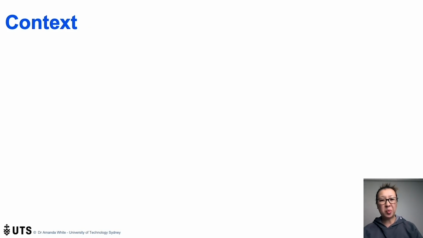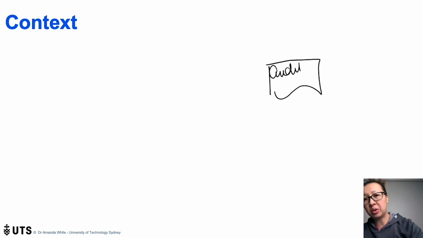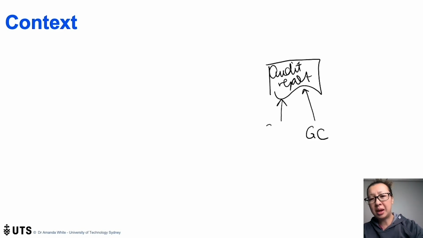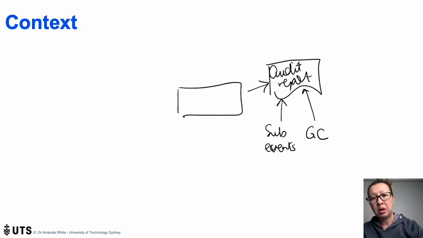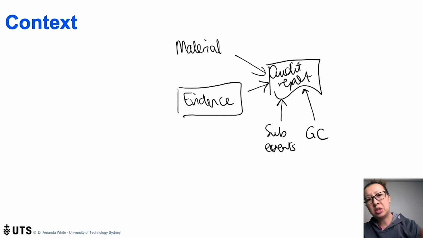So let's start with the context. And today, in terms of the context, we know that we have something called the audit report, all right? And that's the final output of everything that goes into the audit. We know that we need to consider going concern in here. We may need to have disclosures about subsequent events. We know that we have to give our opinion based on the evidence about whether the financial statements are free from material